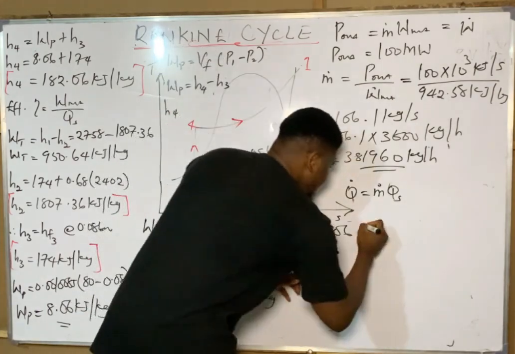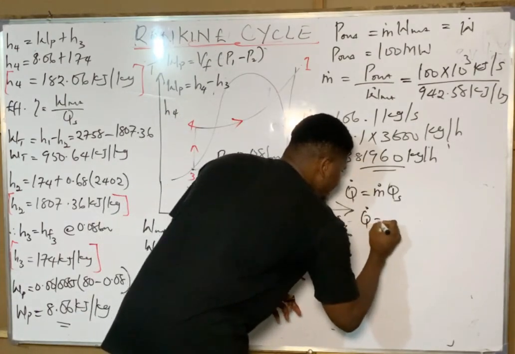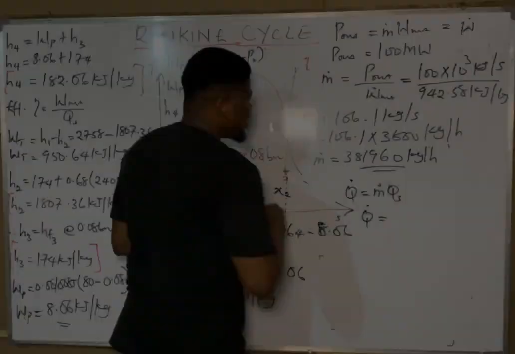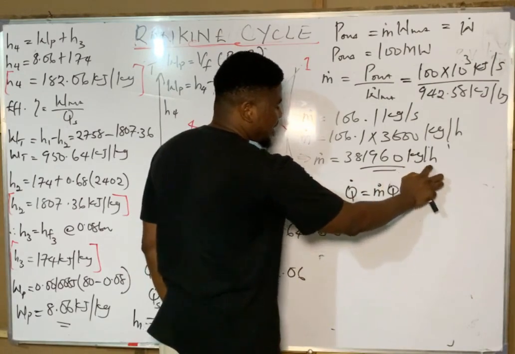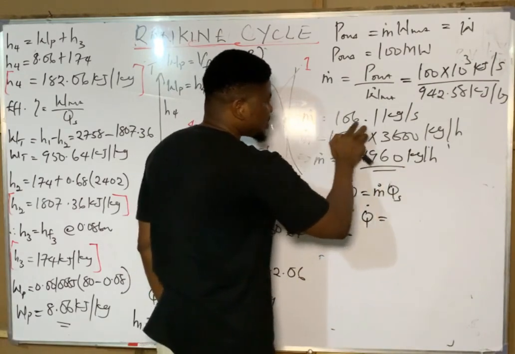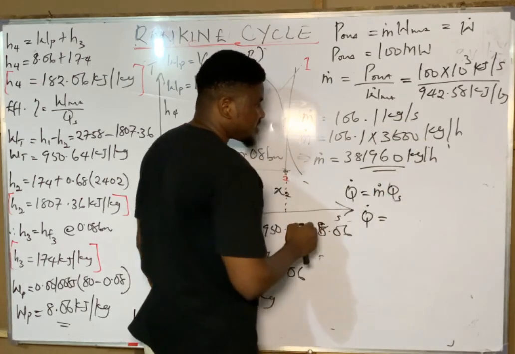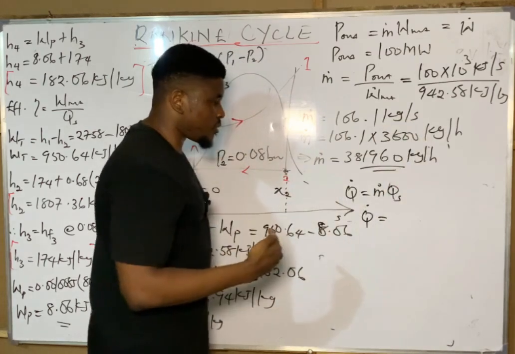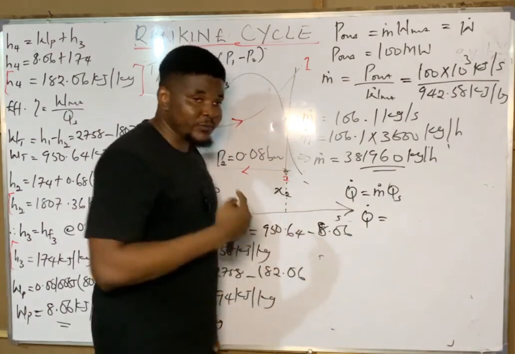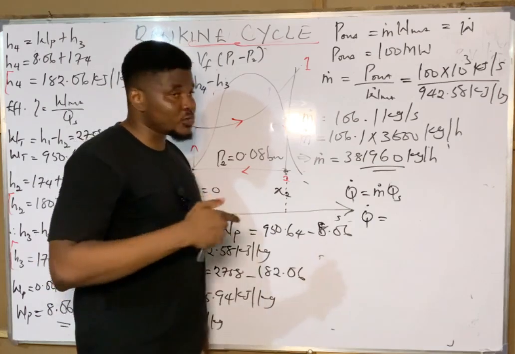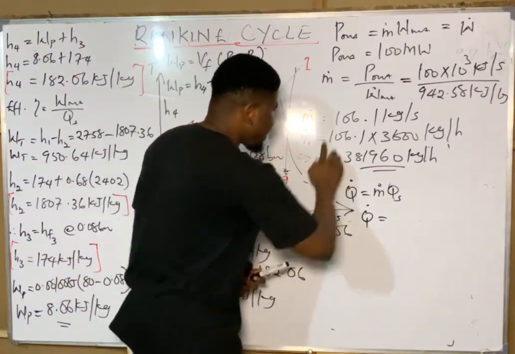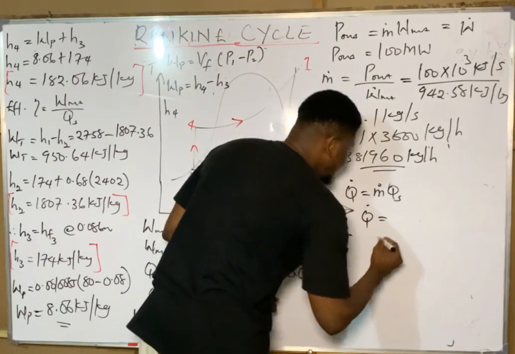So the heat supplied rate in the boiler equals mass flow rate. Please, we're not going to use the one in kilogram per hour. We need the mass flow rate expressed in kilogram per second because this will give us the true unit of heat flow rate. Heat flow rate is power, and power is kilojoules per second and not kilojoules per hour. So for that reason, we'll make use of this 106.1